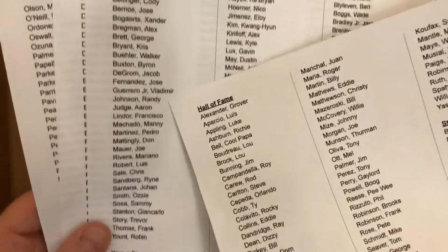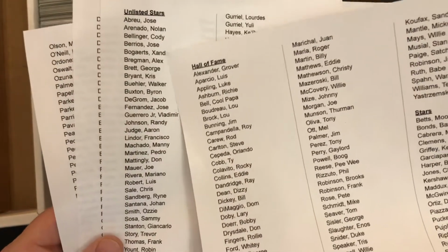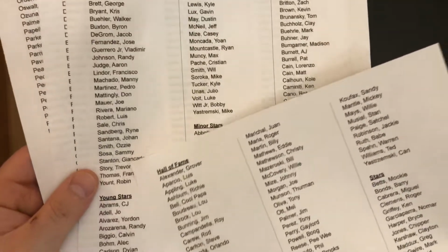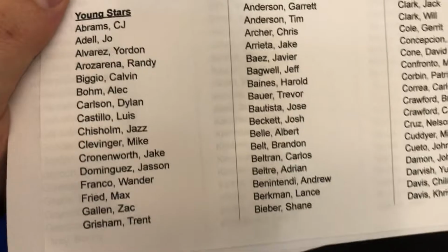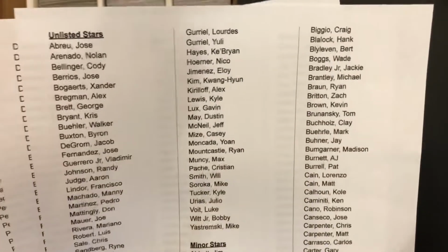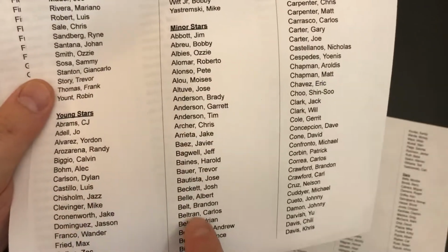We have unlisted stars, and some of those terms, like semi-stars, unlisted stars, are terms that Beckett used to use. So this is kind of where I started, making those as well. These are players that are a little better, Hall of Fame potential, younger players. We have young stars, some that don't even have their Topps rookie yet, but they're in Bowman sets or some other sets recently. And then minor stars, and that's where you have players like Josh Beckett and Albert Belle, players